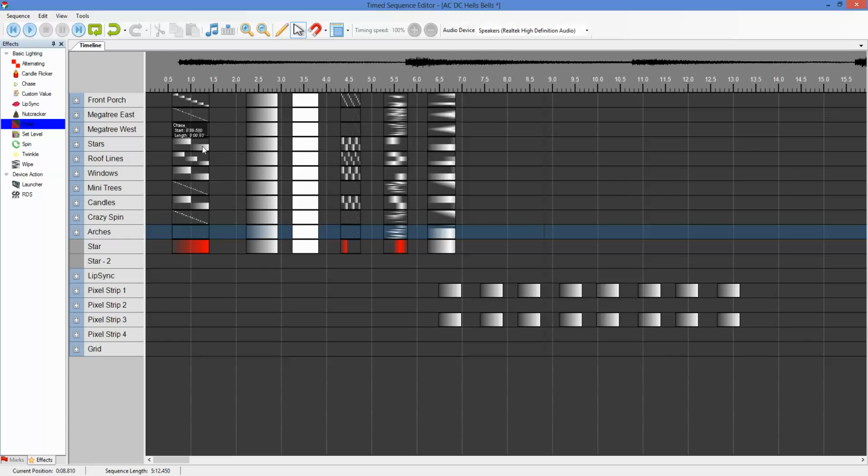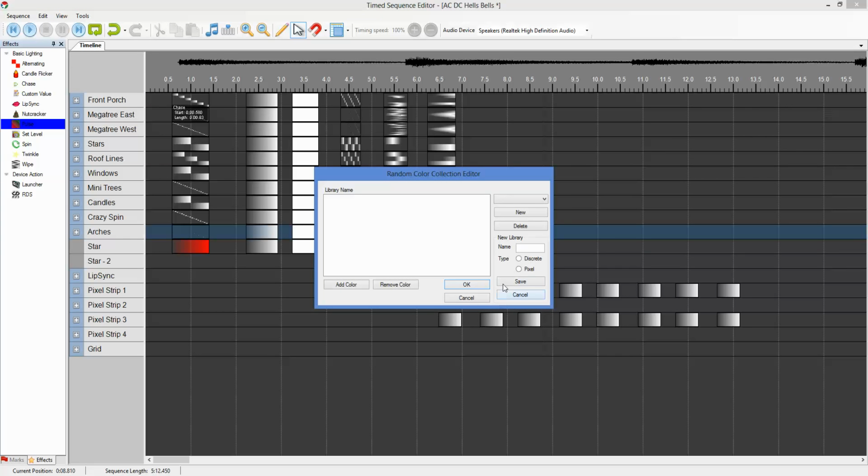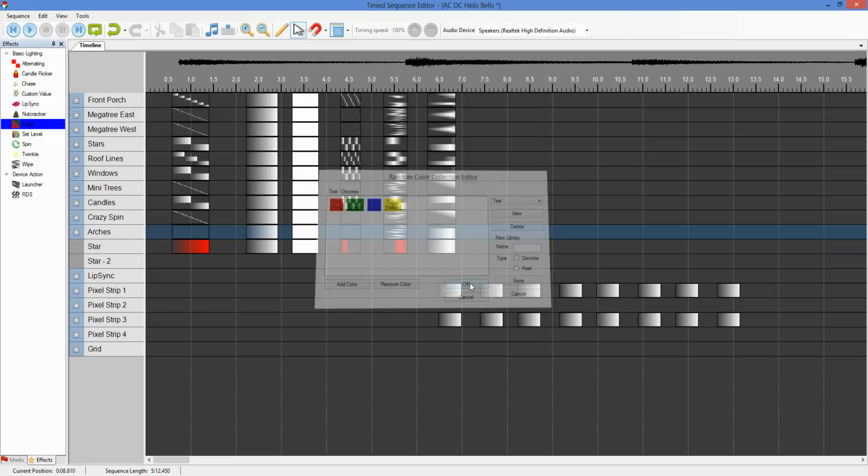So the way we set up our collection is going to be under Tools, under Random Color Collections. Now this dialog still needs some work. Right now I have one collection in here, Test, with 4 colors. I've got some more work to do here. You'll be able to set discrete or pixel, and then also as many collections as you want. So let's get out of that,